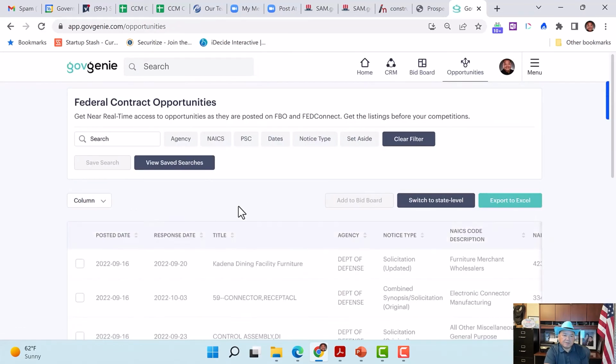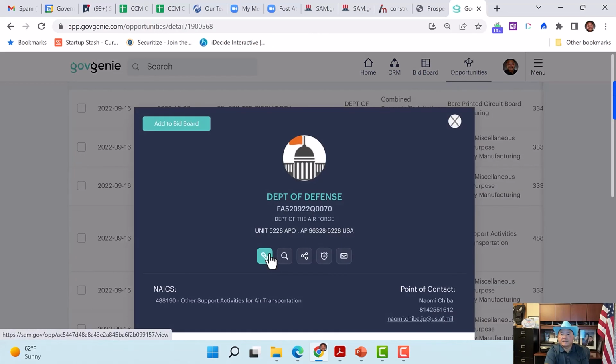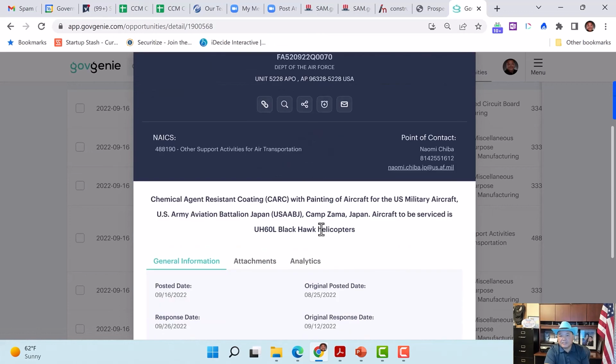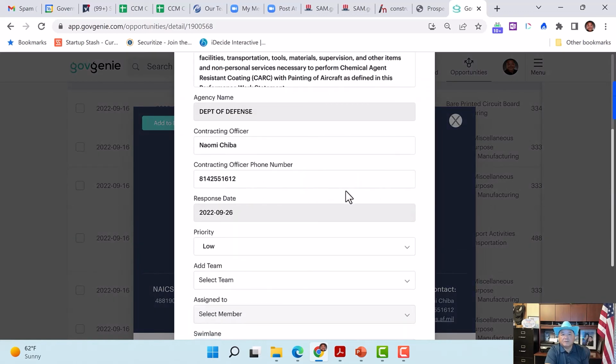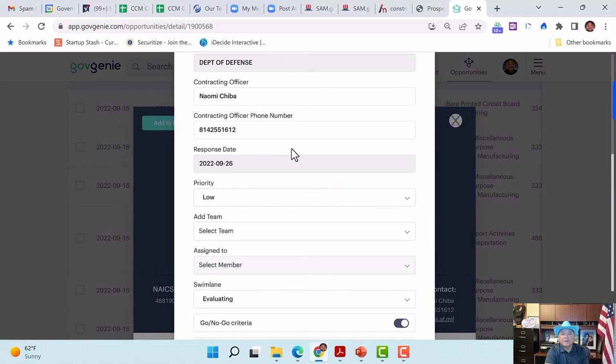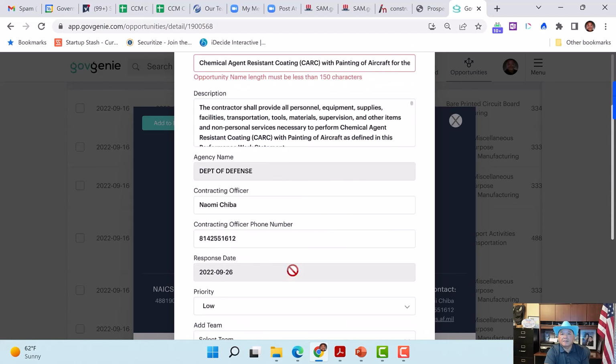So let's assume I find an opportunity and I'm interested in this project here. The advantage of GovGenie over any other tool is you can just add it to the bid board. And what this will do is allow you to quickly manage your bid opportunities in one system. That's what I like about this.